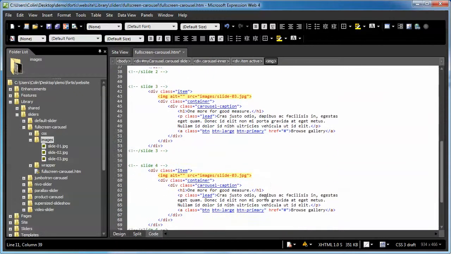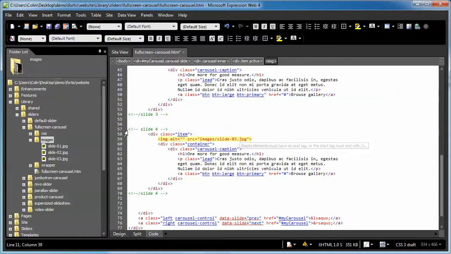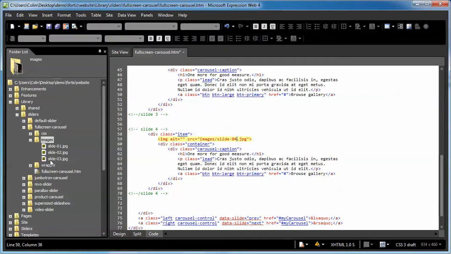But what about the fourth one down here? We've added a new slide, but we haven't changed the background image, so maybe just call it number 4. Create an image called slide-04 JPEG and drop it in the folder. Same practice we've used in other video tutorials talking about replacing images. If you use the same naming sequence that came with the template, you just drop your new images in there